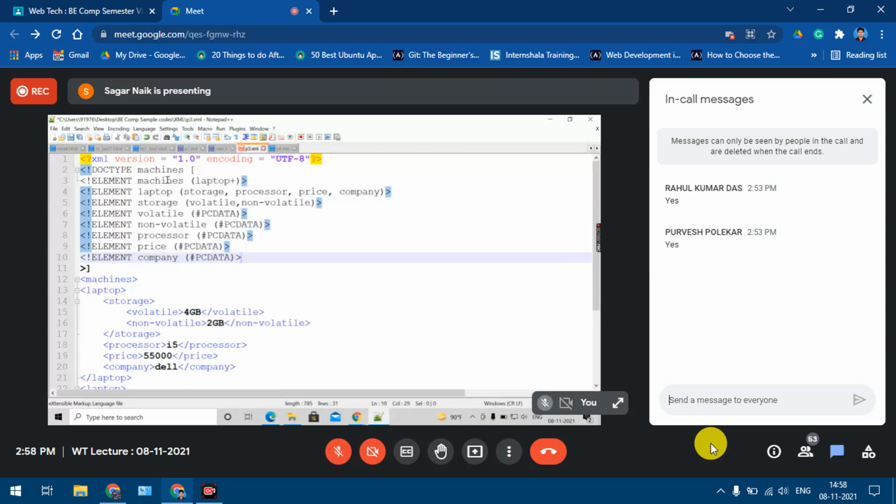So this is how the elements are expanded. Why are we giving plus? Because the laptop element is occurring multiple times over here, right? Laptop is having storage, processor, price, company. Storage is having these two elements. Both these things are expanded. Then I went to processor, price, and company, right? So if I save this file,